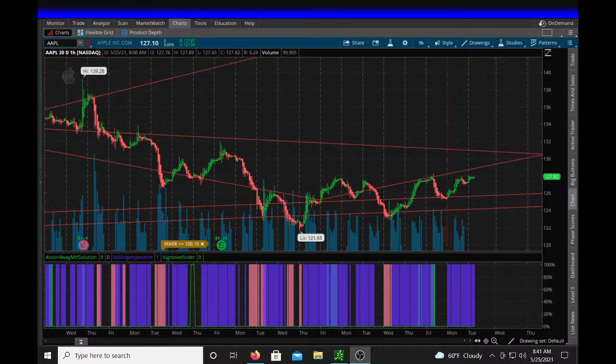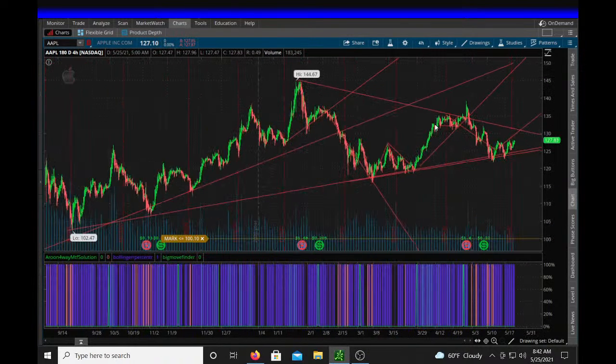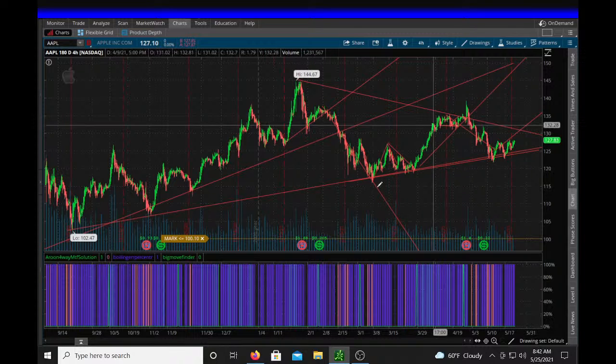We're here today with Apple. Let's see what's going on. We've got a 1 hour chart pulled up. Let's pull up a daily chart, a 4 hour chart here. We've been hitting these support lines